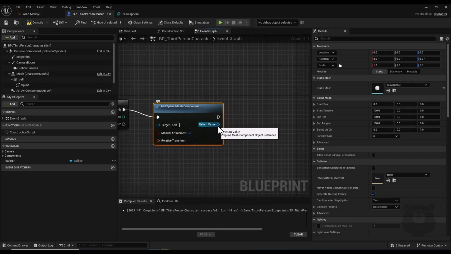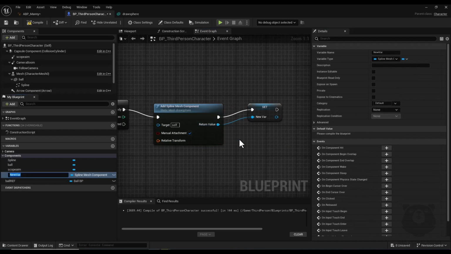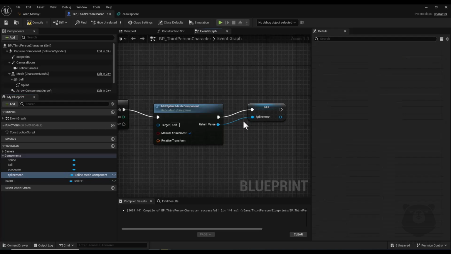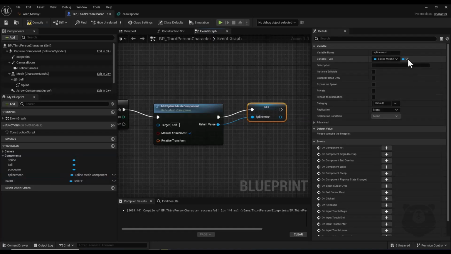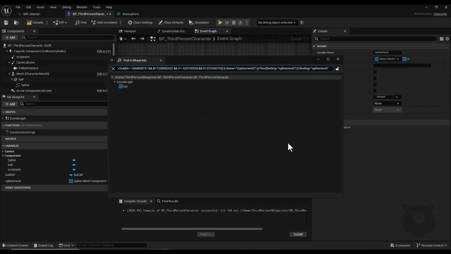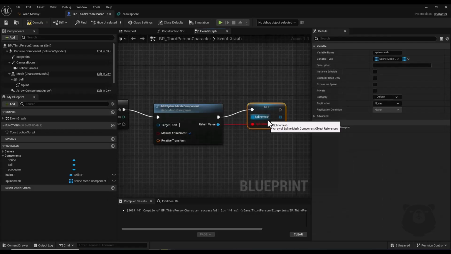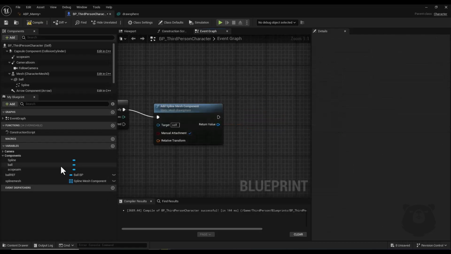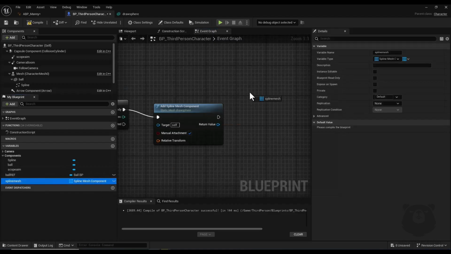and I also promote it to a variable, and I name it spline mesh. And here I convert it to an array. Okay, now I remove it, and again I get this